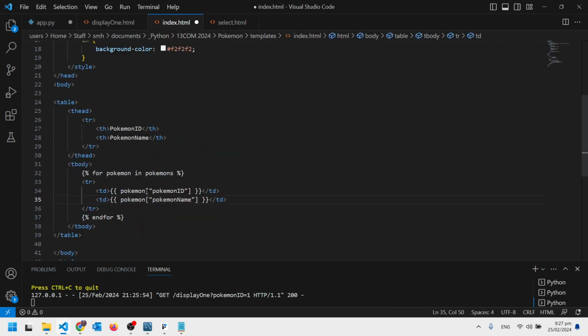So I'm going to go to index.html here, and you remember this is just displaying a whole table of all the records with their ID and their name. So I'm going to craft a little link here. It's going to be another column in the table, and it's going to be an ahref, and it does take a little bit of crafting this. So I'm going to again go to that display one route